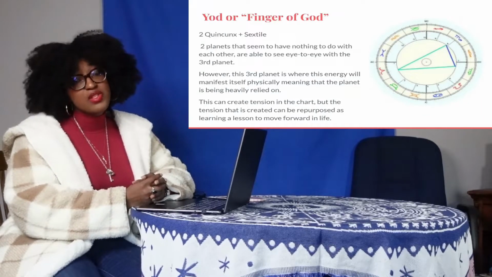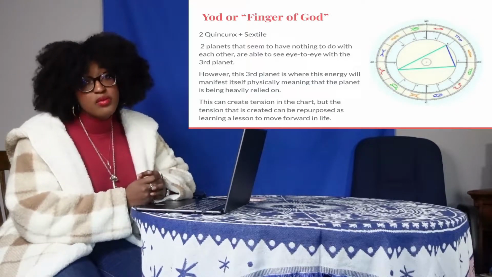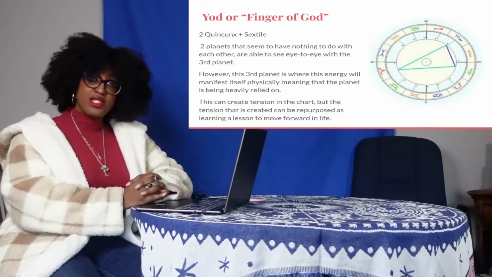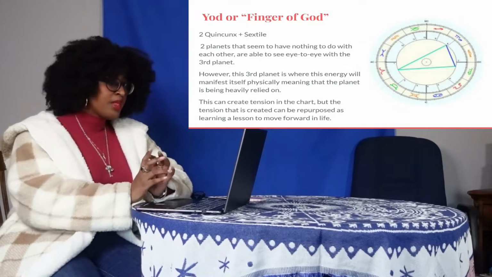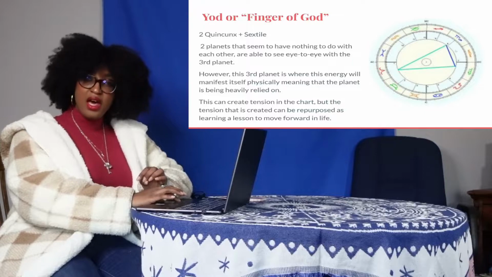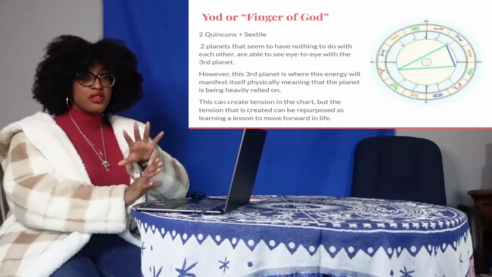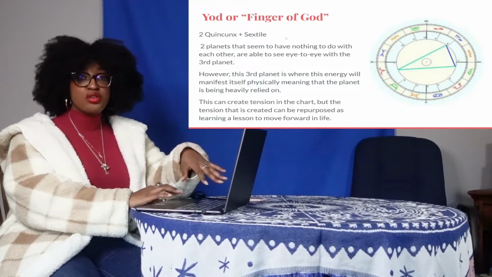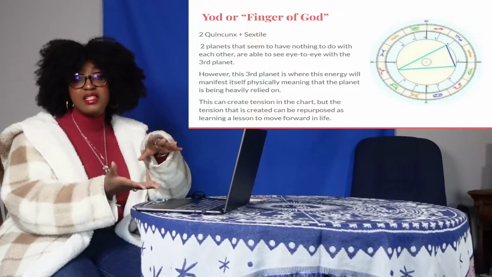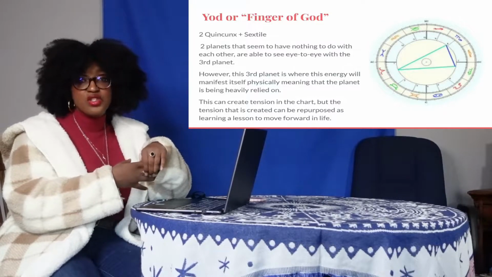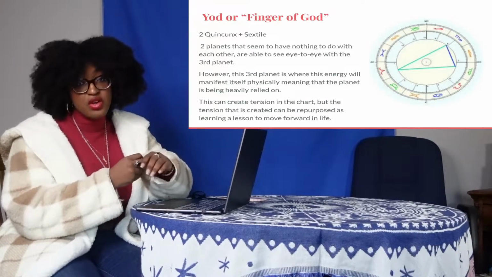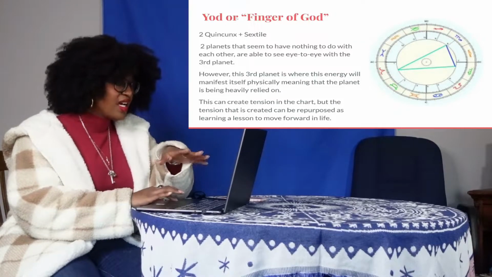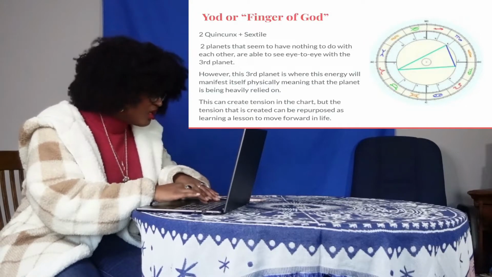And then the aspect that I was talking about earlier, the finger of God. It's very interesting to explain this one, actually. Okay, so what the finger of Yud is, Yud. Yud is also a Jewish term, so hey, I did say astrology did find its roots in Jerusalem, and it was also incorporated into tarot. So of course, actually I'm gonna look up what Yud means in Hebrew.